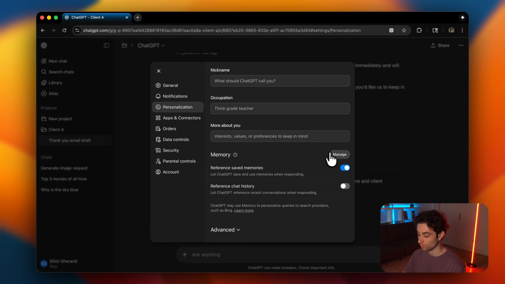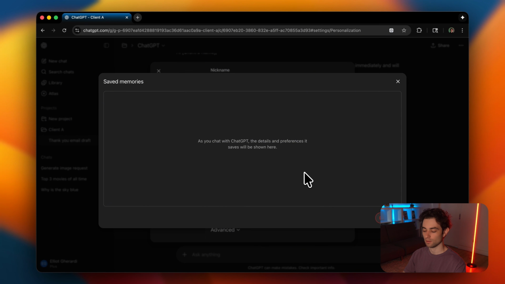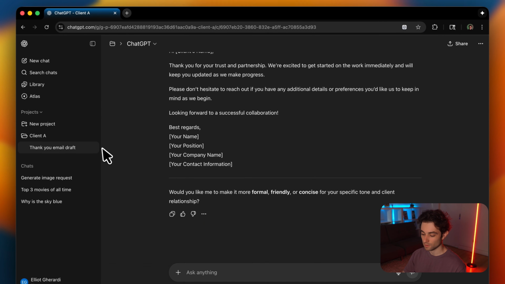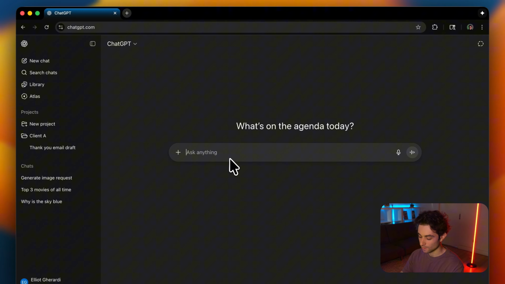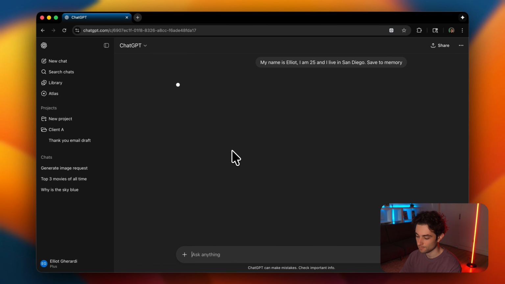This is very powerful. If you click on memory, here we'll have nothing because it has no memory. On the Plus plan, it's limited. On the Enterprise or the Pro plan, I think unlimited memory is what it said. To actually add to memory, let's start a new chat. We're going to say, my name is Elliot. I am 25 and I live in San Diego. I'm going to say save to memory. And you'll see shortly it's going to say